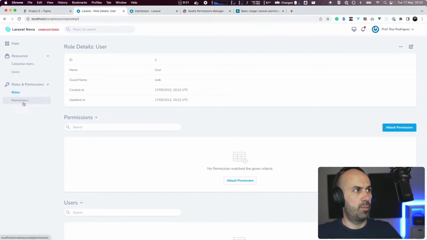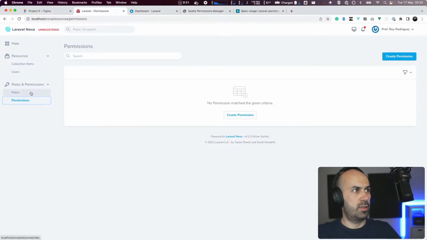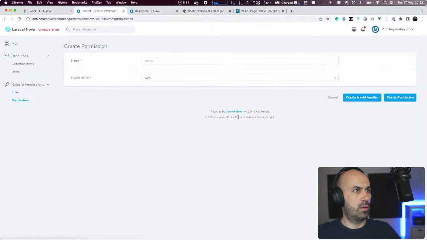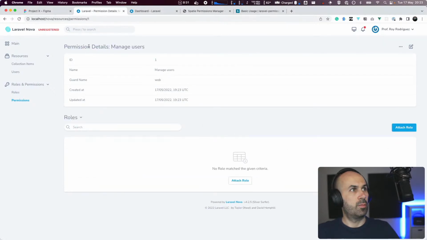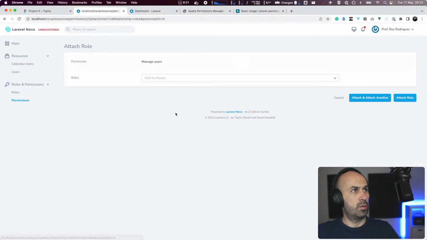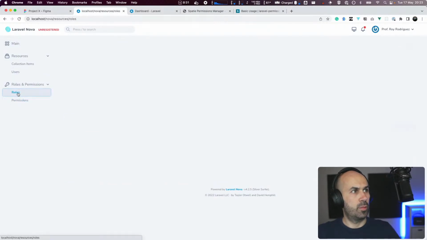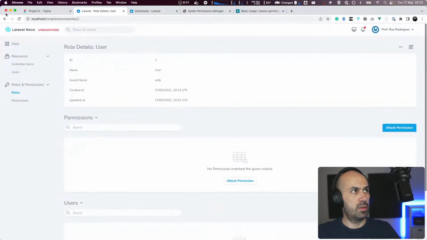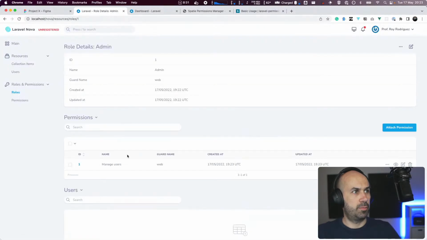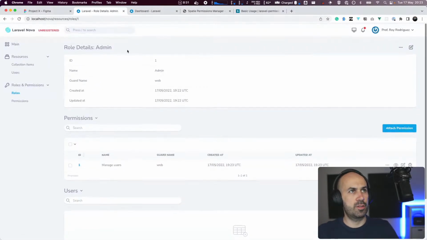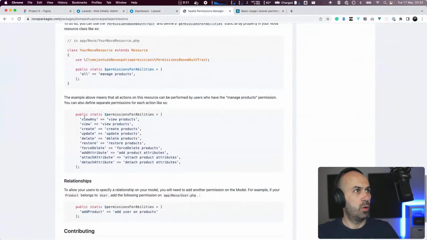So permissions, let's say we can manage users. This permission is only allowed on admins, and that's it. So the user role doesn't have any permissions for now, and an admin will have the permission to manage users, and from here we'll just go